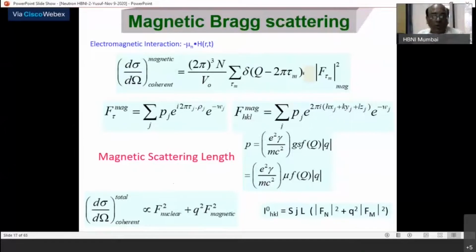But nevertheless, we know that only the perpendicular component gives scattering, so we can get back, by program, the total moment in the final analysis, taking into consideration that it has only seen the perpendicular component. So what is my original, net component, what is the net value, that is taken care of. And as I said, this is the magnetic scattering length, and the expression I have already given. This also I have told you in terms of actual Bohr magnetons; it looks a little different, so I go back once again.